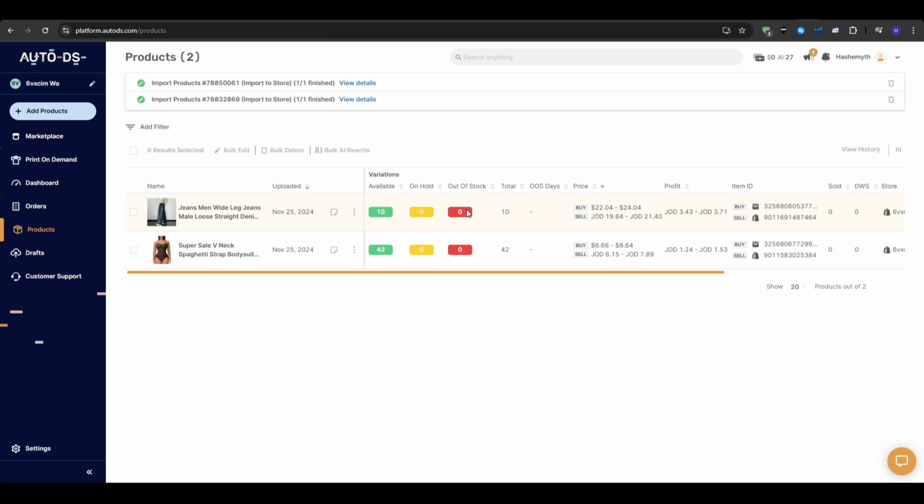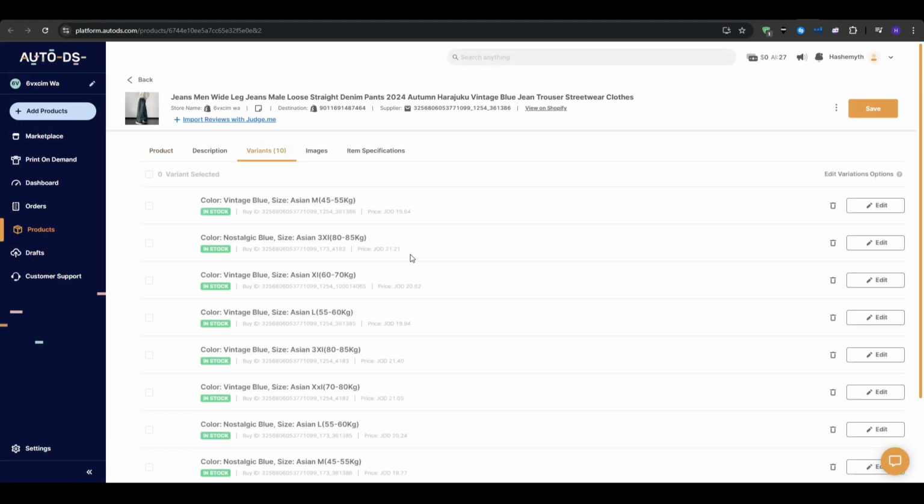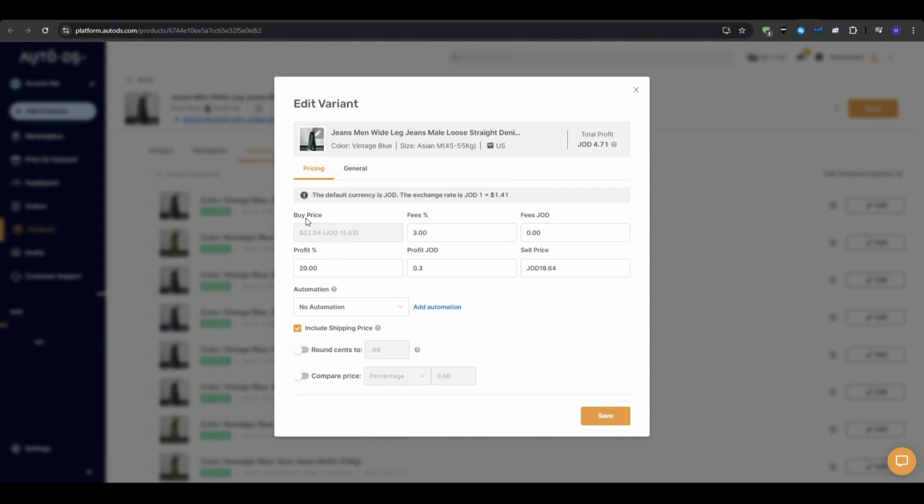Additionally, if you click on the More Options tab and then go to the Edit tab, it will open a new page where we can go into detail with every single one of the variants. And then if you click on Edit Variant, you will see the buy price that the product came in with. And then you can enter the amount of fees that you would have to pay, as well as your sell price. It will automatically calculate the profit that you will be receiving, and you will see the total profit right here. And this is essentially how you can calculate your profit strategy and the prices that you want to be